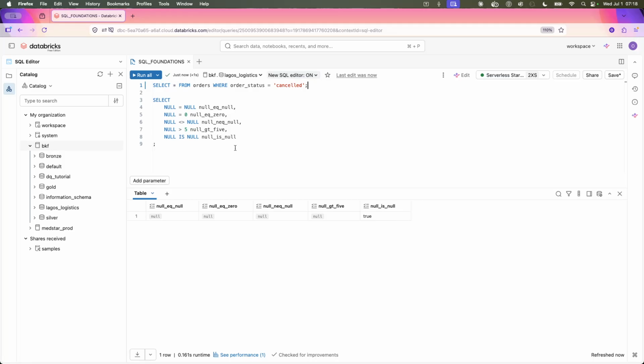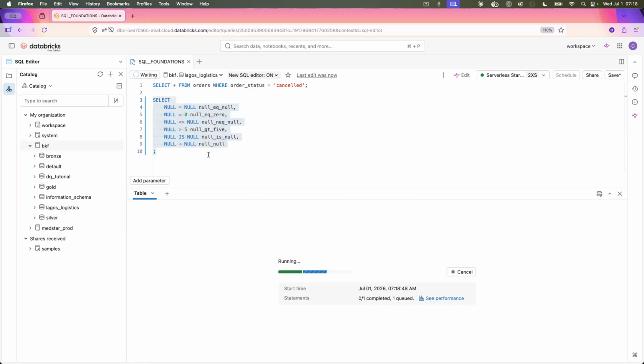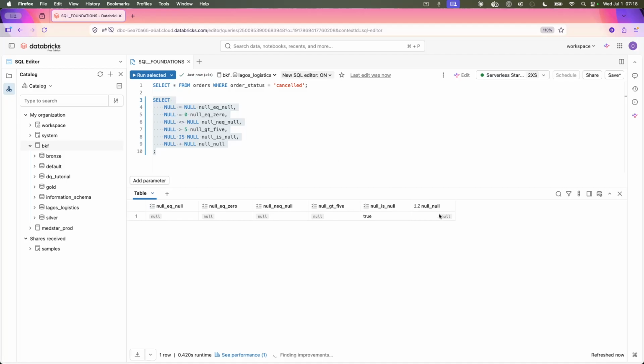So if we do null, in fact, let's do null plus null, so that we will see how this null plus null behaves. I think null plus null should be 0 or null, but I'll find out now, depending on how this thing is reading it. Let's run this one more time and see what we are expecting. Null plus null is still null. So again, we need to know how to undo zeros, especially when we are dealing with